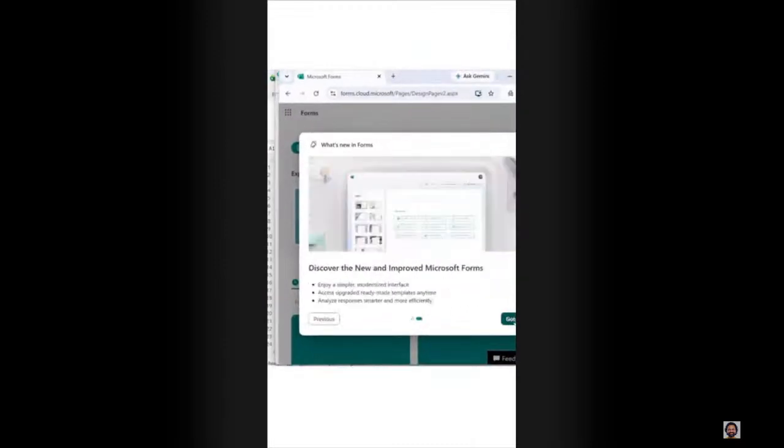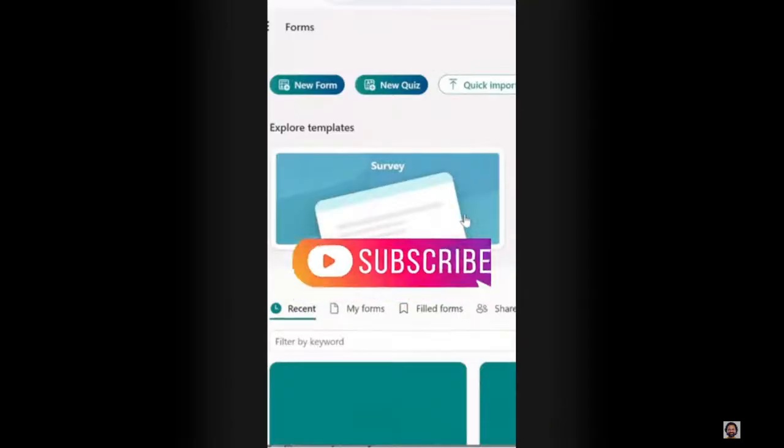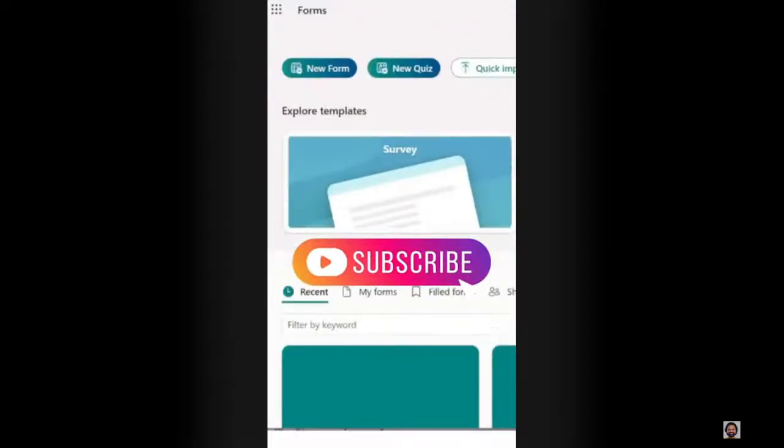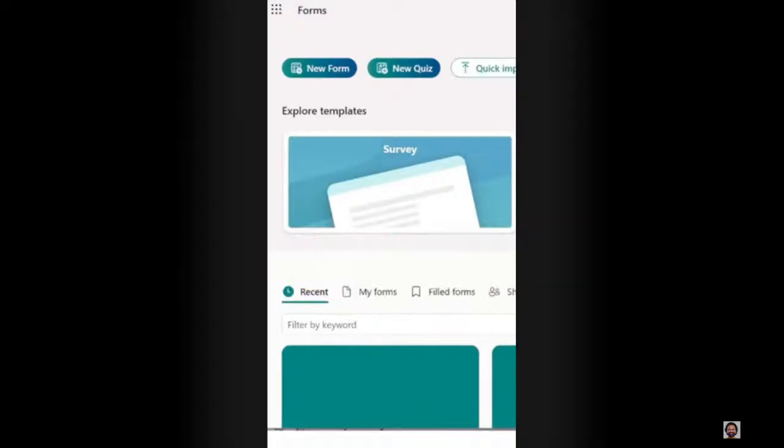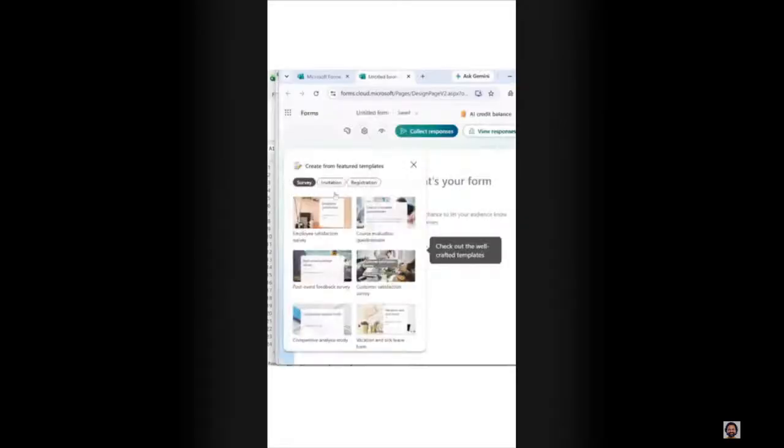Collaboration is available. Let's say next. Okay. Perfect. Now you see there are different options available. The forms are available. If in case you want to create a quiz, simply you can create that. There are n numbers of templates available. What I will do over here is I'll just simply hit the survey option over here and create a survey